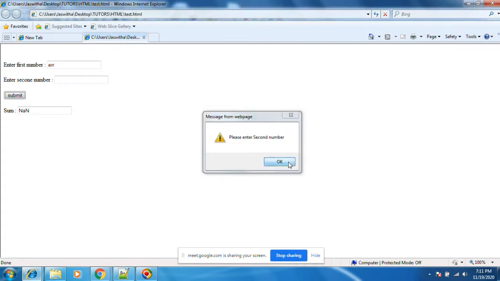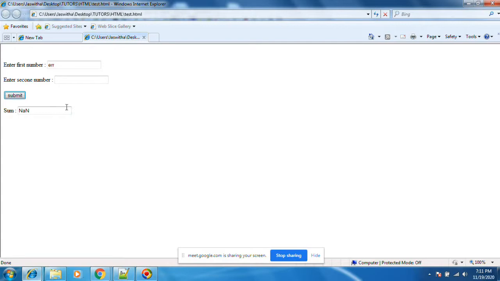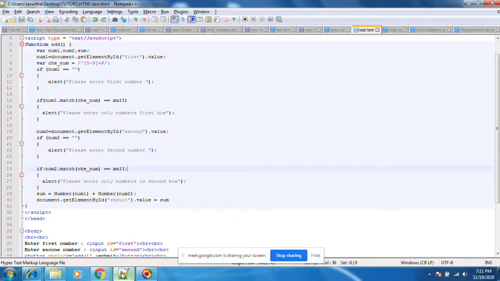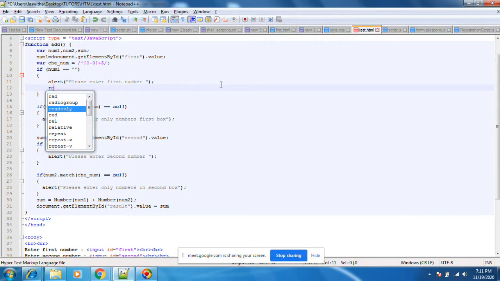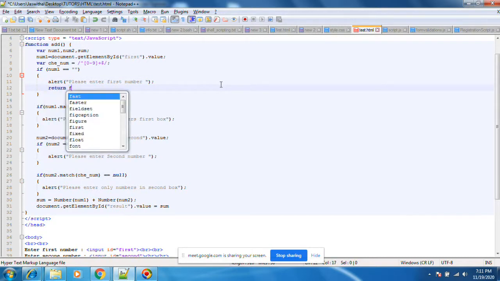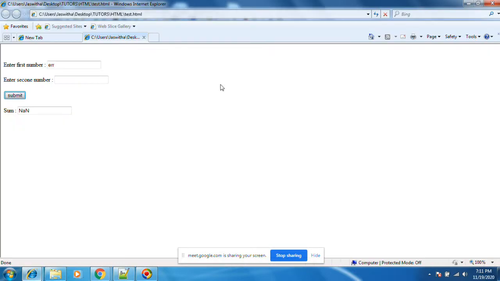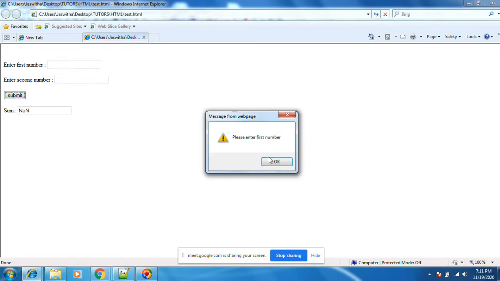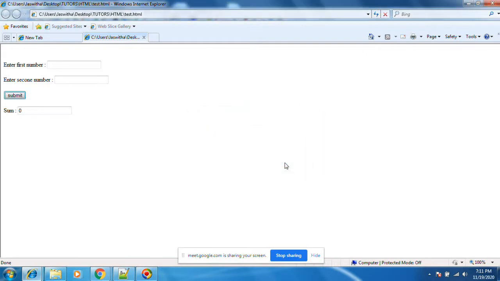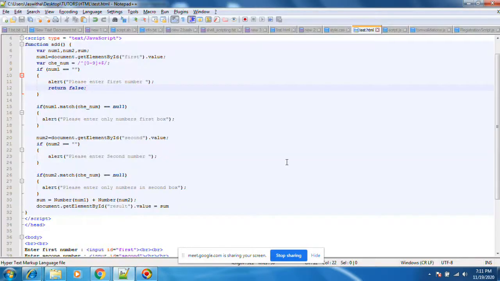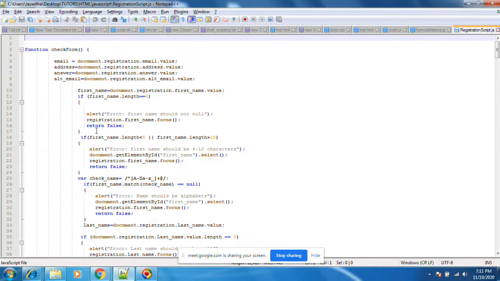Instead of this, if I get this error, then I need to stop. Return false. Submit. Please enter first number. It is coming totally. It should not come. Return false means...